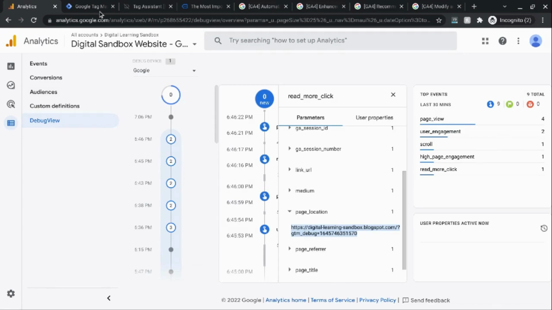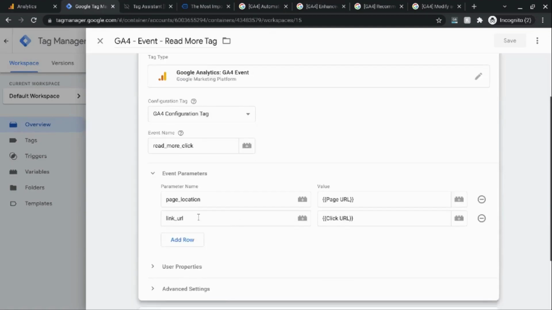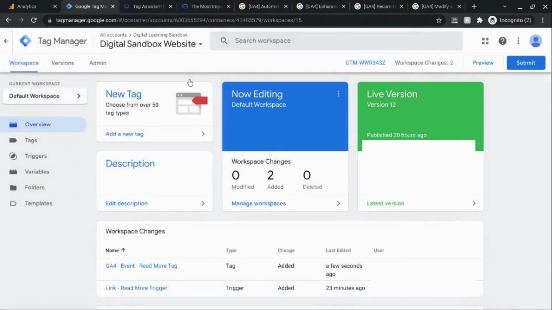So for example, let's go back to our GA4 event read more tag, and instead of link URL, if we wanted to call this read more link URL, or just read more link, well, first we'll have to save it,